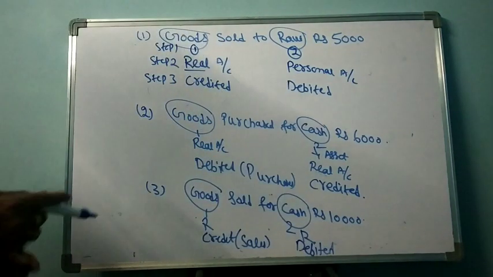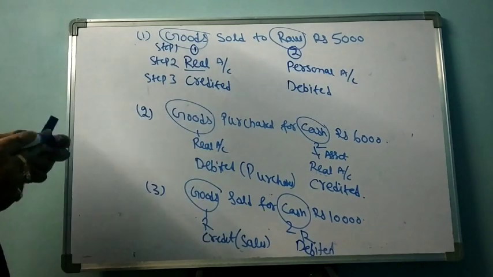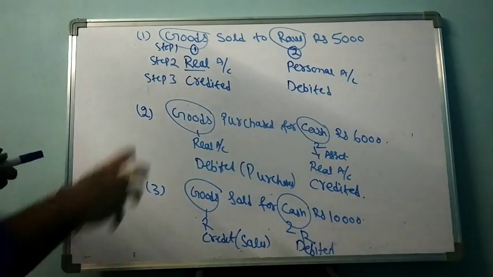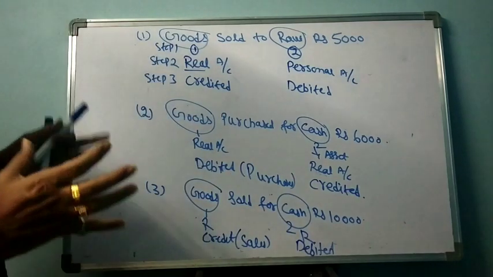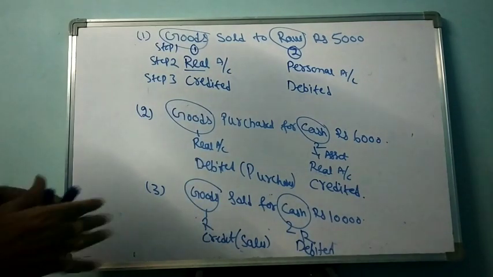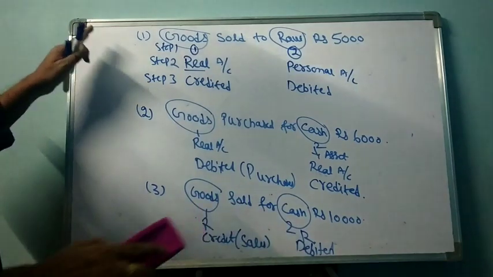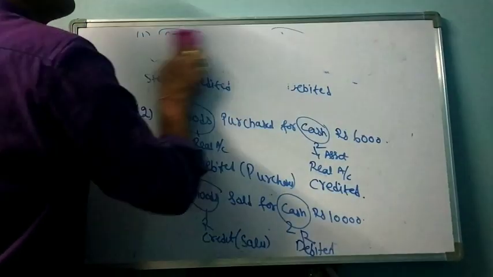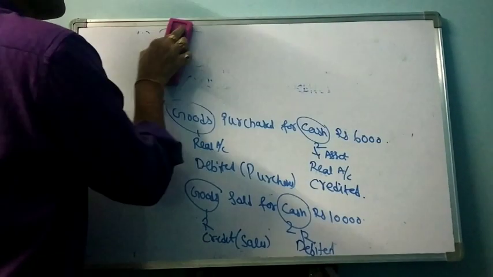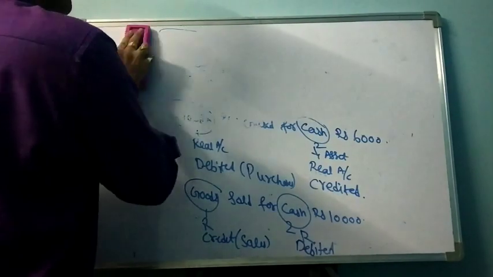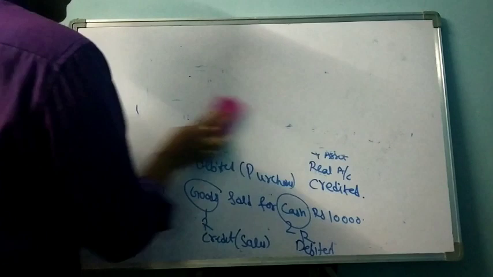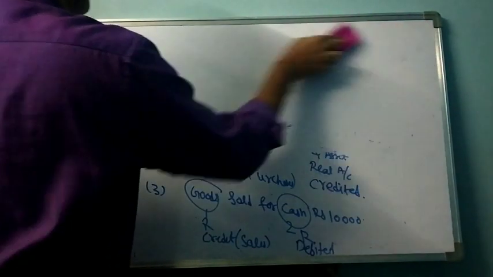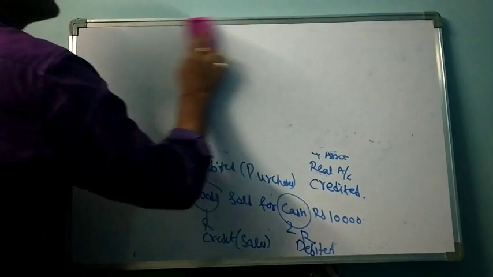Like this, you should apply the process of recording the transaction. The 3 steps should be followed. After this only, we will make a record of this in the journal format. That part we will discuss later. These are the 3 examples which I see now. Now the 4th one we are going to. The 4th one, a very very important example. The 4th transaction which has to be recorded is cash deposited into bank.